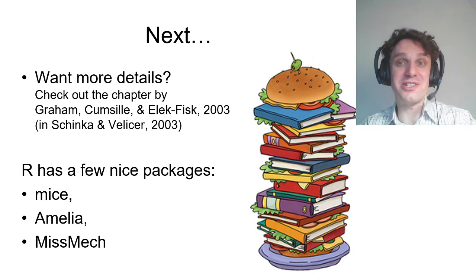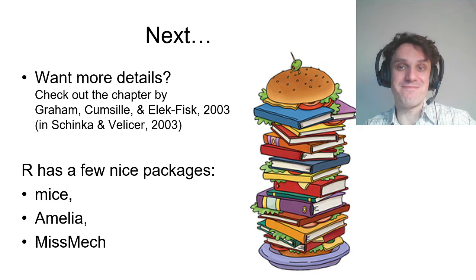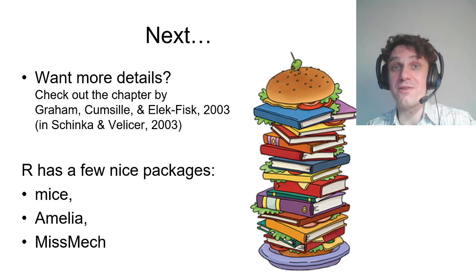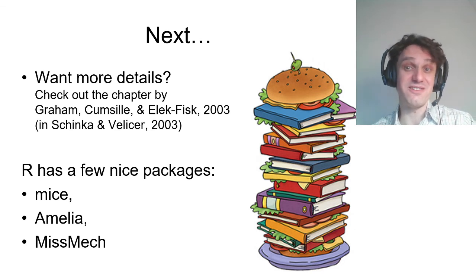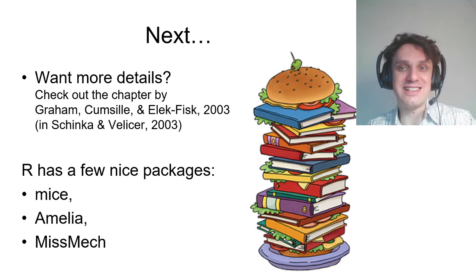And there is another one which is called missMDA, also a nice one. But these are not just these 3, there are many more. In Jamovi, unfortunately, there is still no graphic interface to work with missing data,